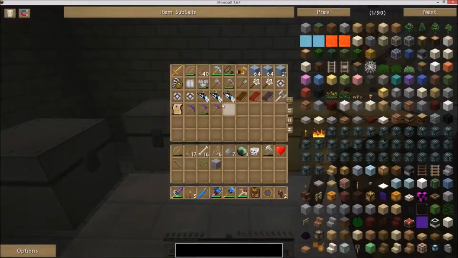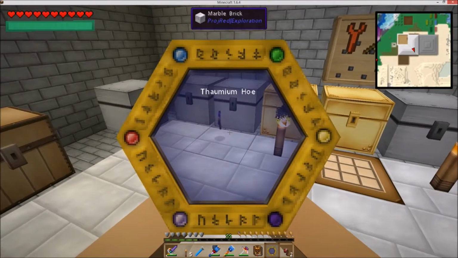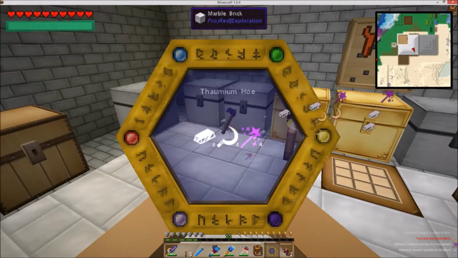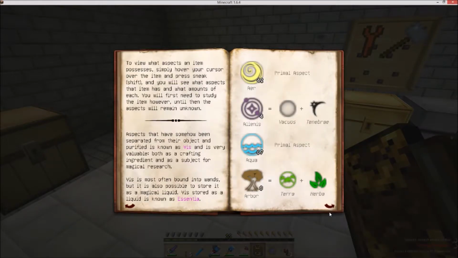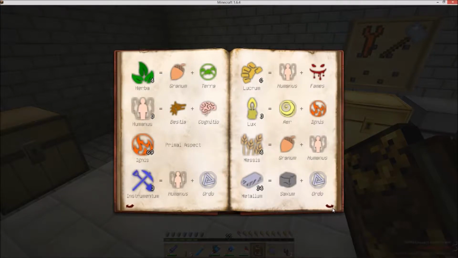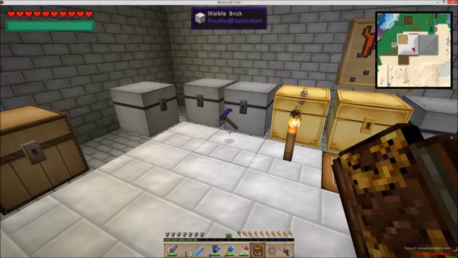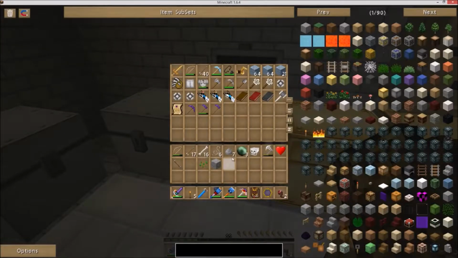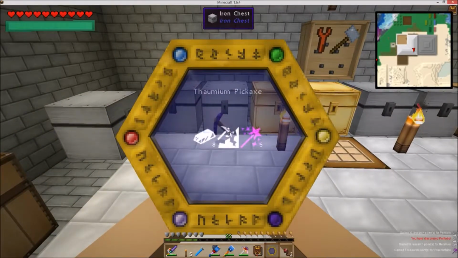Let's see. I think one of them's a hoe, maybe a thaumium hoe will work. Yep. And it gave us that harvesting looking icon, so let's take a look at that. There it is. Messis. Perfect. Let's put it back. Next, we're going to need a pickaxe. Since that one worked last time, let's use this one. Perfect. And that gave us...